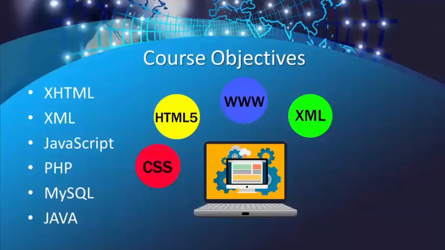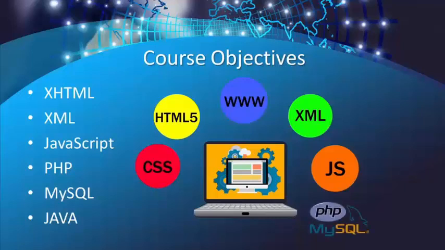Then the cascading style sheet. You all learned CSS in the first year itself. Here we discuss a few things about it, how to use them in our web page, and how to handle these CSS through JavaScript in our web pages. Then we are using JavaScript. It is a scripting language used to operate in clients. It gives much interactivity to the web pages. We can say it gives intelligence to the web page.